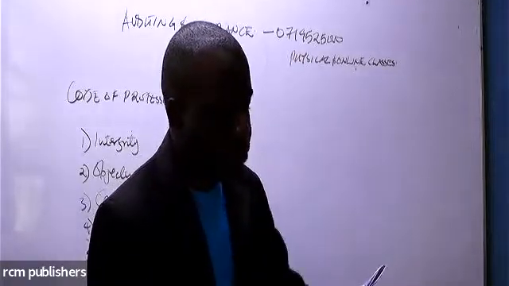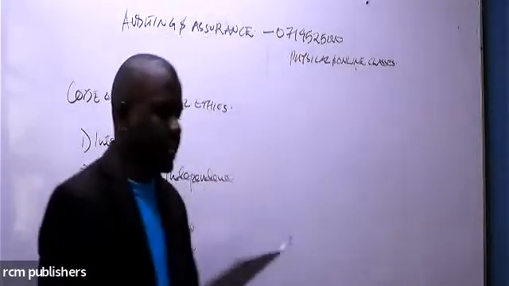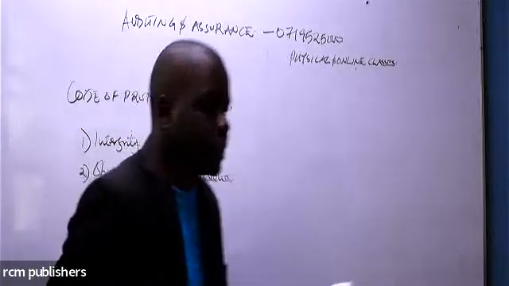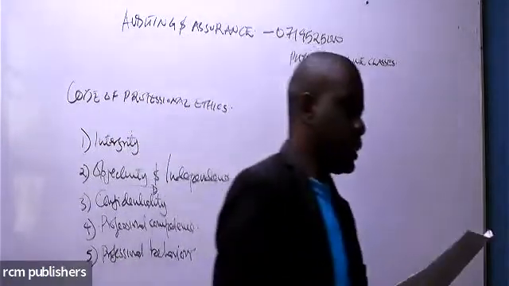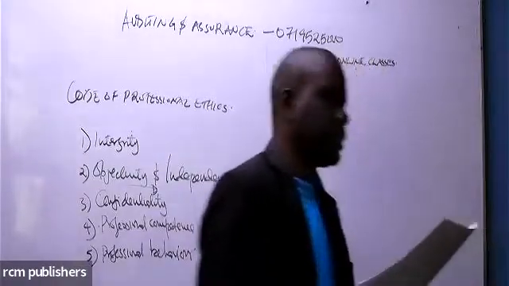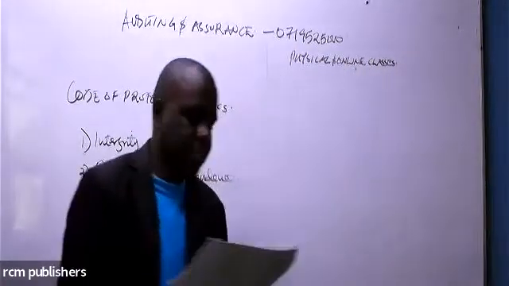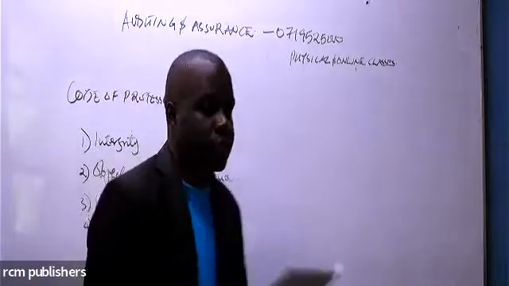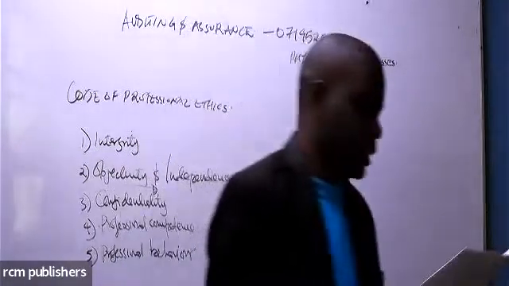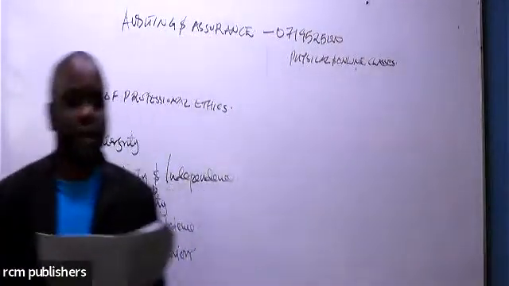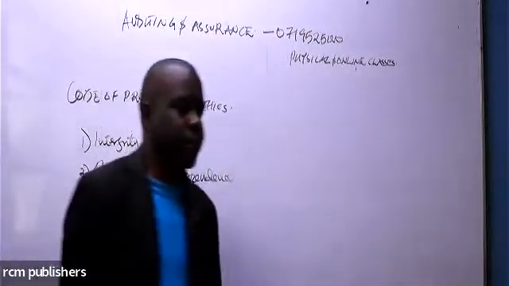A practicing accountant should respect the confidentiality of the information obtained in the course of providing a professional service. It should not disclose any such information to a third party without the explicit permission of the client. But of course, under exceptional circumstances, you might be forced to give that information. So, for example, in a situation where the auditor finds it is reasonably necessary to defend himself, anataka kujitetea maybe